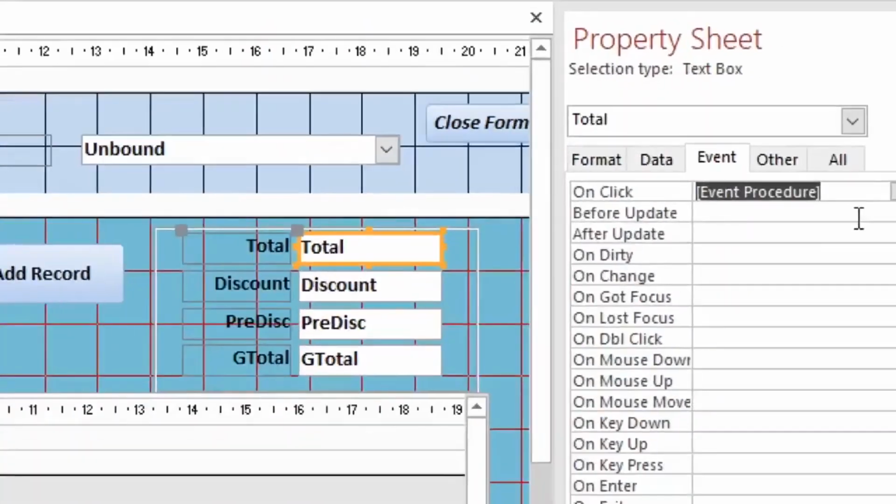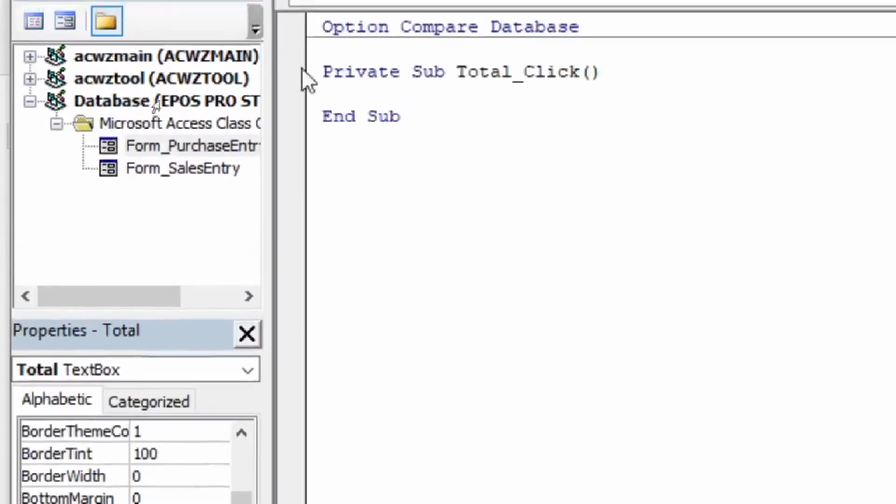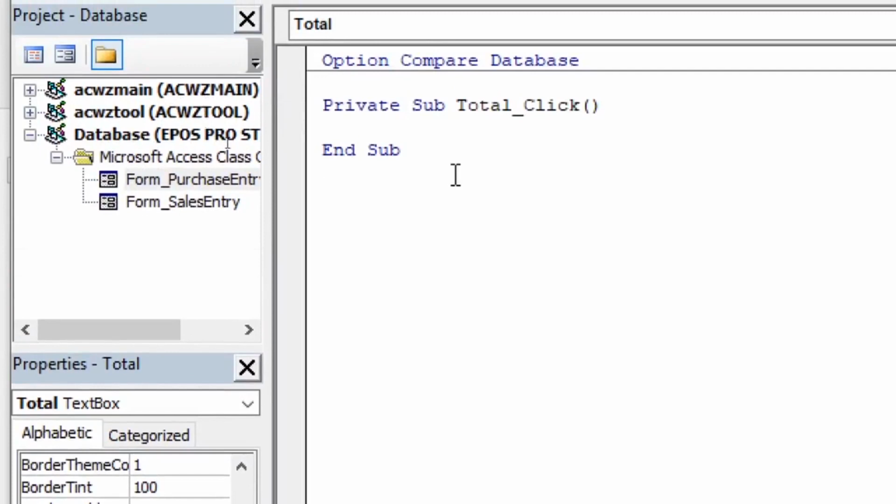Therefore, on click, we then go to this point. On click, we shall have me.total.value